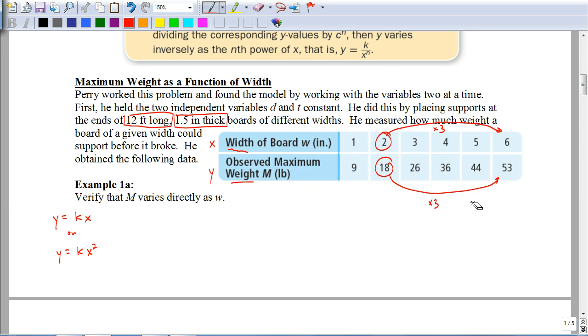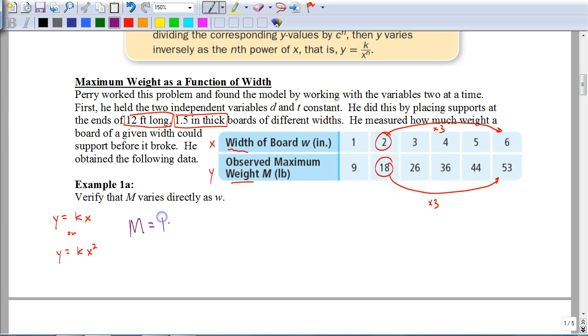So again, my exponent is just going to be a 1, or just not going to be any exponent at all, as far as what we're going to see. So I want to write this in terms of m and w. So instead of saying y equals k times x, for this one it would be m